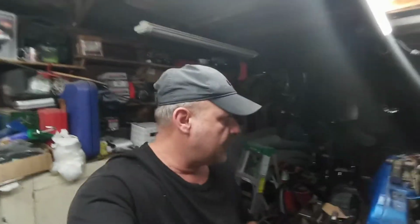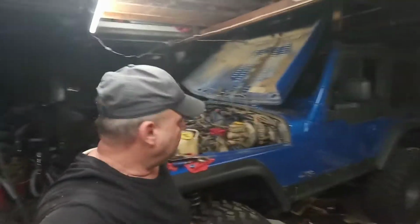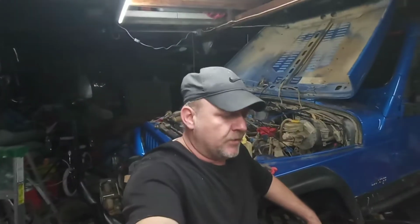So I'm going to start the rebuild on the 4.0 in the Jeep Wrangler. This is the 2003. It has the coil pack setup, so no distributor. Before we get to looking at things, the only thing that's been done to it so far was I pulled